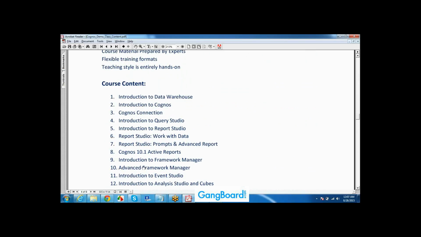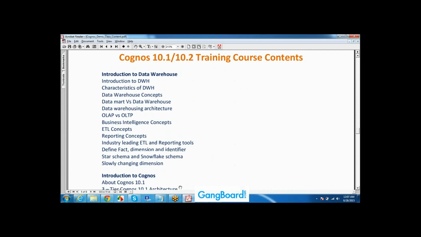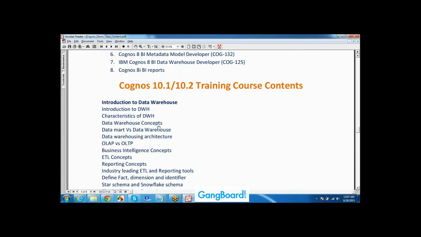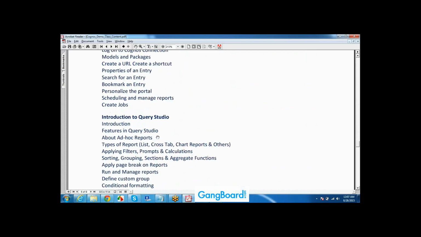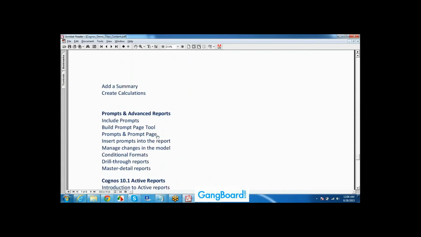After that, Framework Manager advanced, Event Studio, Analysis Studio, and Cubes. We'll see in detail one by one. I have mentioned the syllabus for each and every topic in the document, the topics I'm going to cover. I will pass this document on to Swati. She will share it with you at a later point.